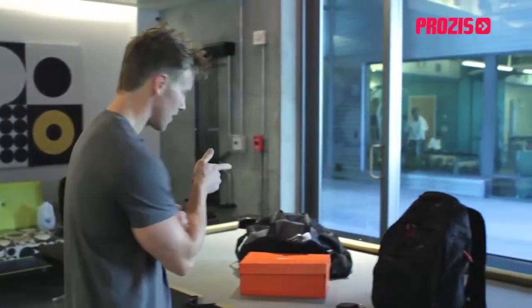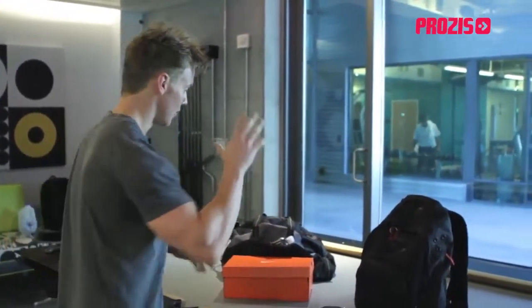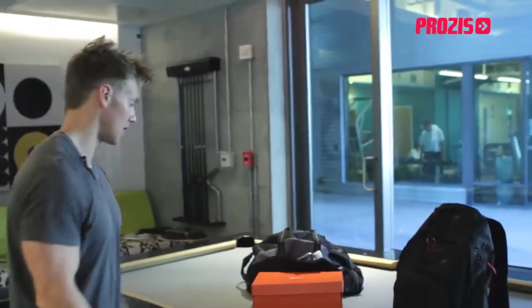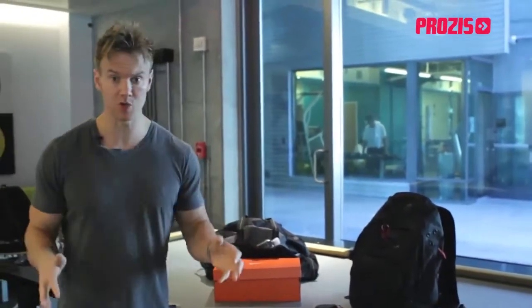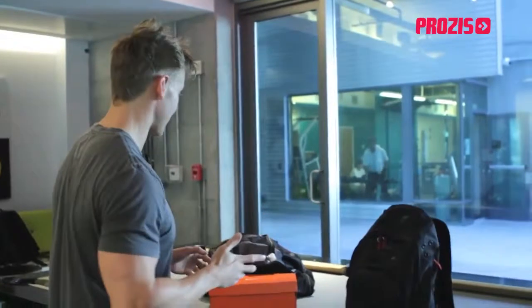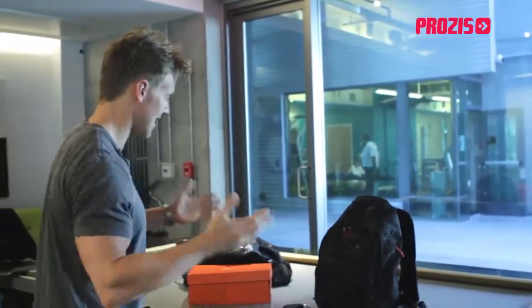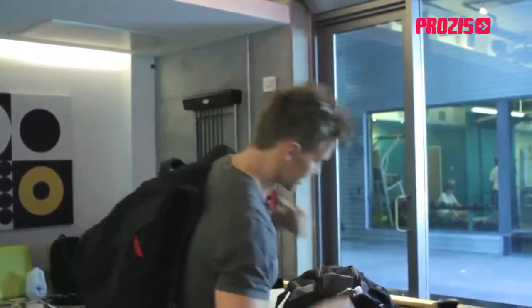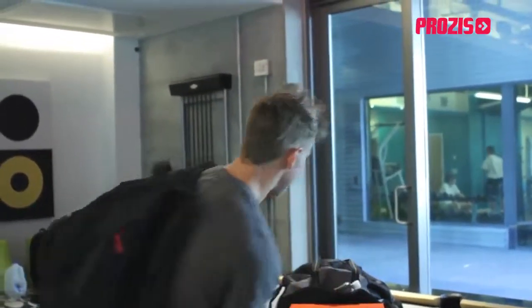Right, the bags are all packed. We've got the outdoor HIIT training, and we've got the indoor gym clothing attire. The only thing left to do is pick which one. It's nice weather, so I think, what the heck, I think I'll go for some interval training. Music, got my gym kit, I'll put this stuff back,